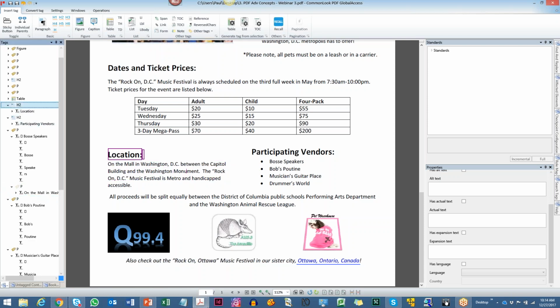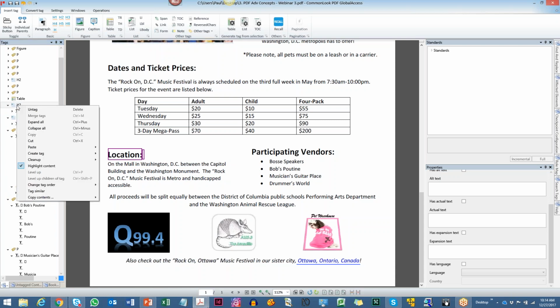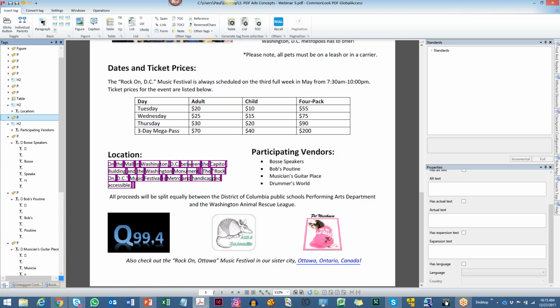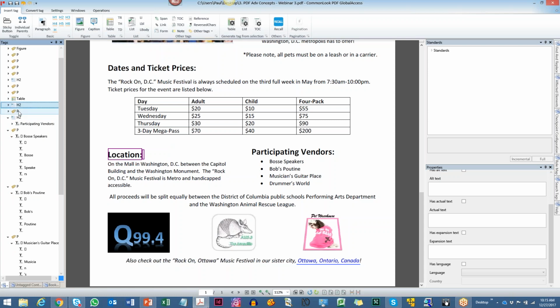I'll click on the H2 because that's where I want to paste it right below. And then right-click, notice the context menu, there's Paste, and then Paste as Sibling, or the keyboard shortcut Control-V. When I choose to paste as a sibling, then that paragraph about the location will be placed in the tag tree immediately below the H2 about the location. Then we have our H2 for participating vendors, and then in the tag tree, we have kind of a mess,